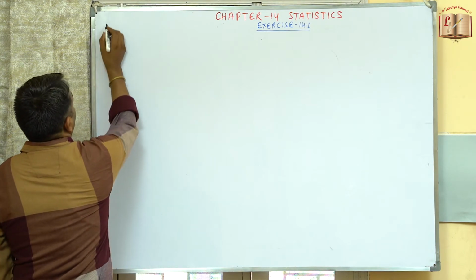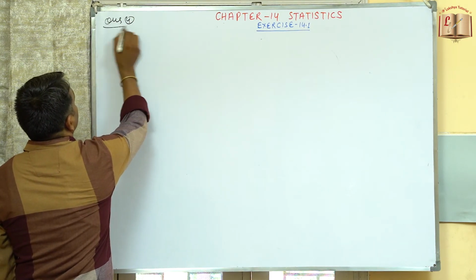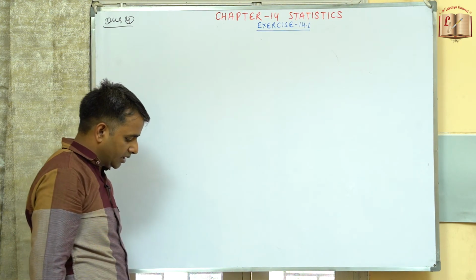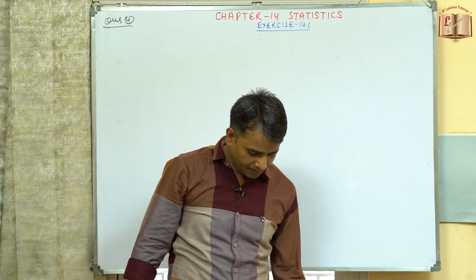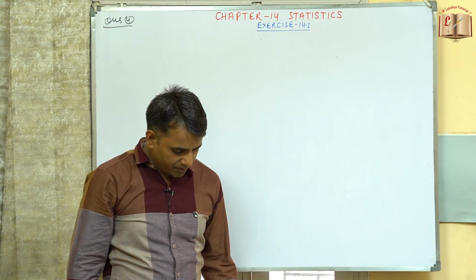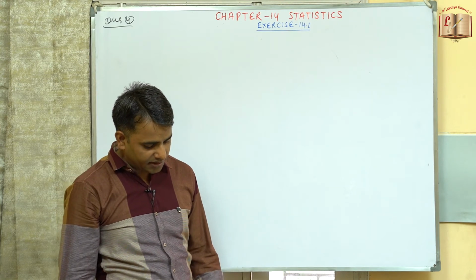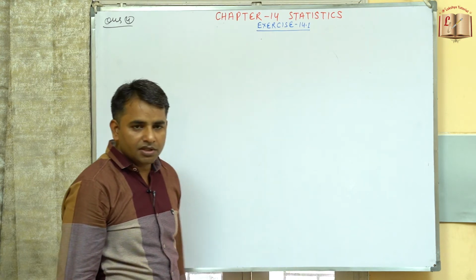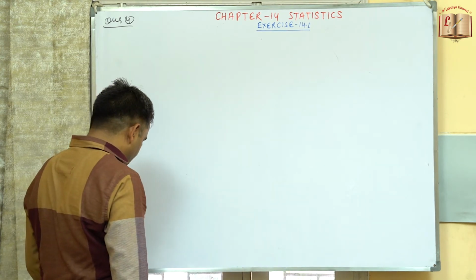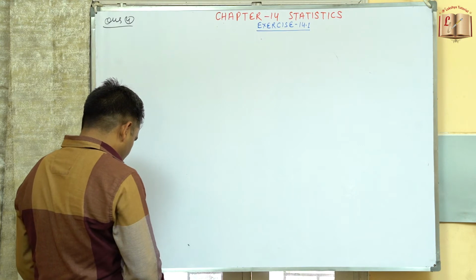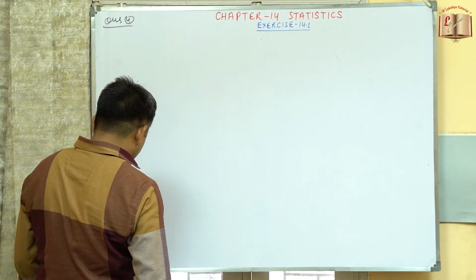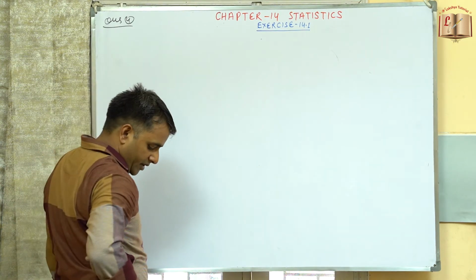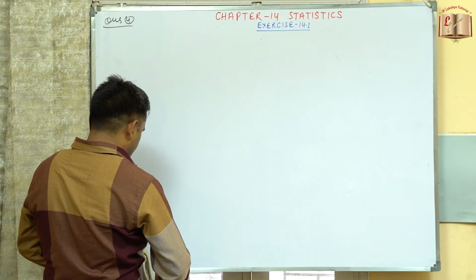So now coming to question number 4. 30 women were examined in a hospital by a doctor, and the number of heartbeats per minute were recorded and summarized as follows. Find the mean heartbeat per minute for the women choosing the suitable method. So now we need to choose a suitable method, whatever better we feel. So we'll take up the step deviation method over here. So we'll follow the step deviation method. We can write it, step deviation method.